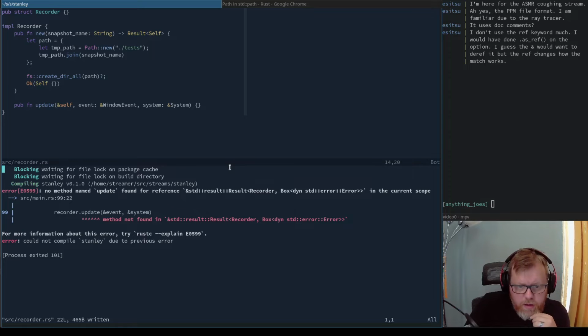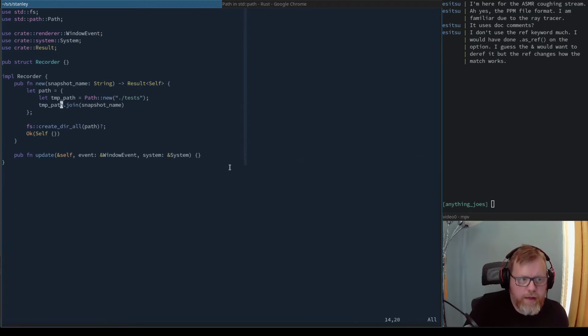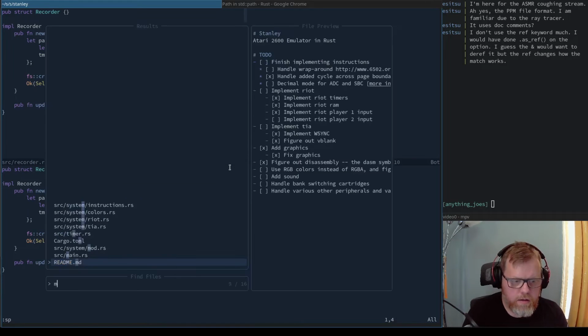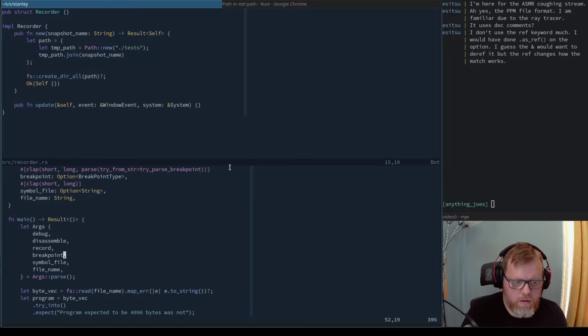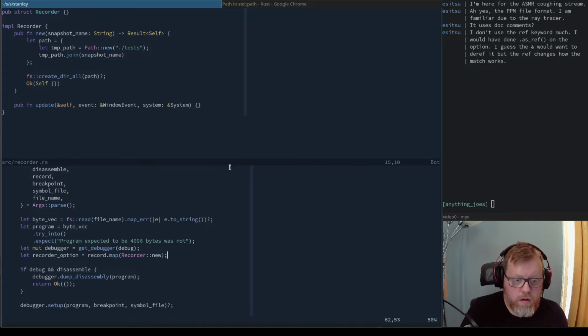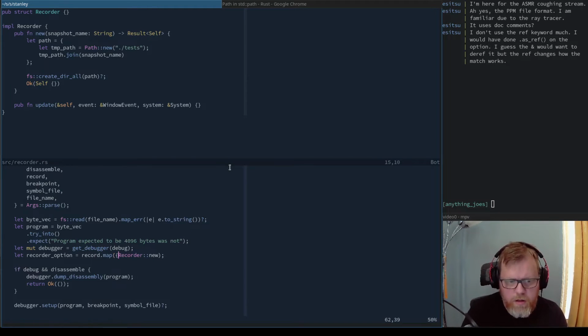Not a method found in result order. Okay, so I need to actually unwrap that in main. That's what I was talking about before. So if I map